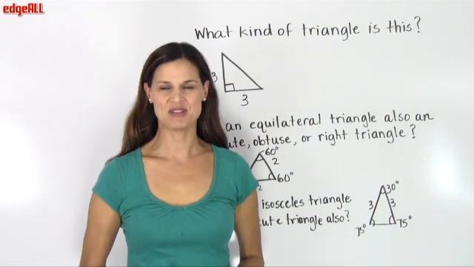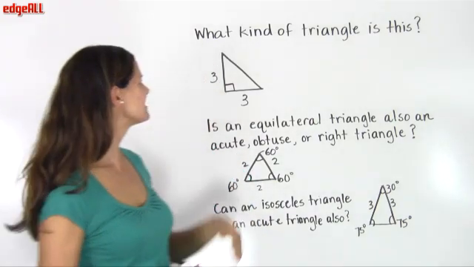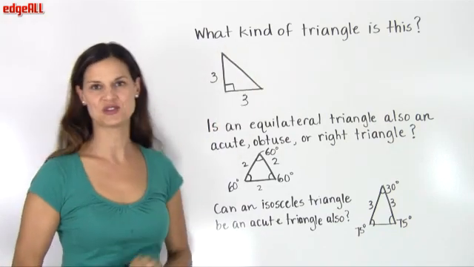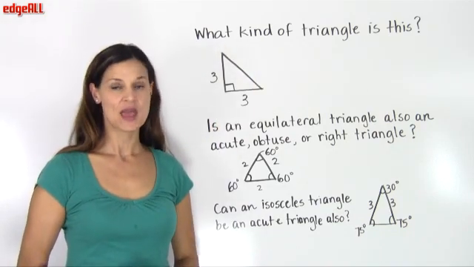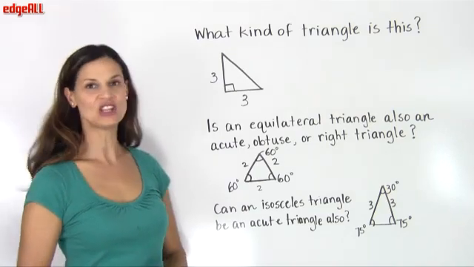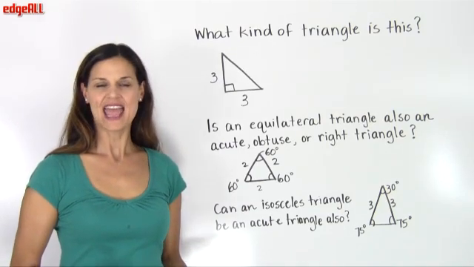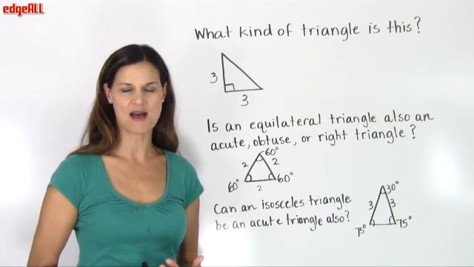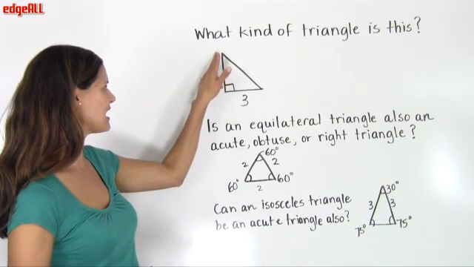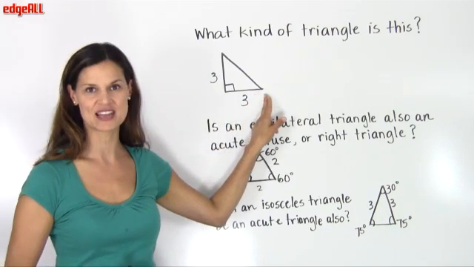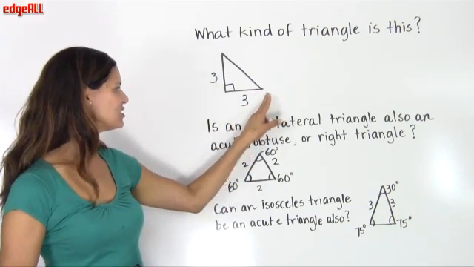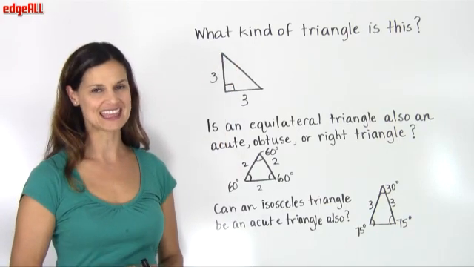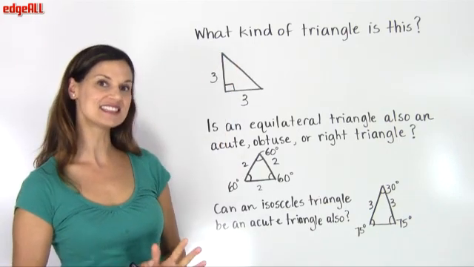Let's look at a couple of examples of triangles. In this first question, we are asked, what kind of triangle is this? Well, first of all, we can look at the sides. And we can see in this triangle that we've been given the measurements of two of the sides as being 3 units each, which means that two of the sides of this triangle are the same length, meaning that it is an isosceles